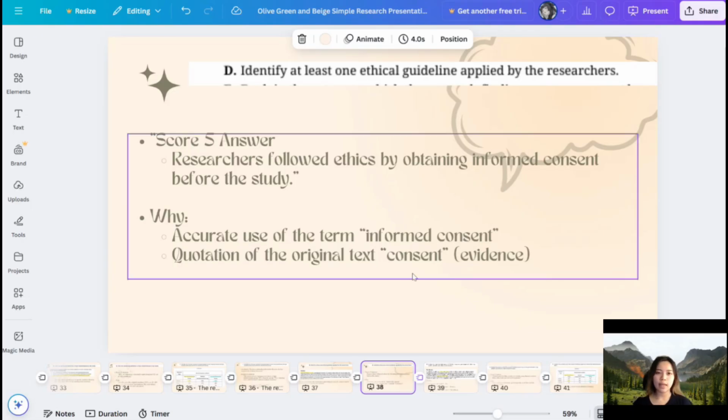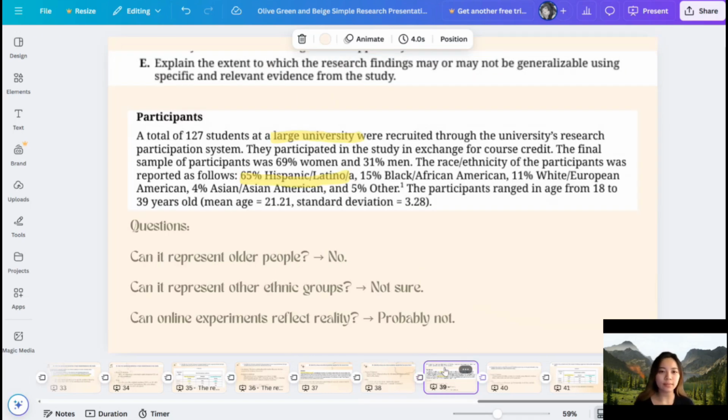Usually in most of the FRQ, especially for question D, they might always state the word consent in the text itself. So you just need to copy paste it. Okay. Let's run through question E. I posted a really long paragraph right here, but that is not important at all. So question E is: explain the extent to which the research findings may or may not be